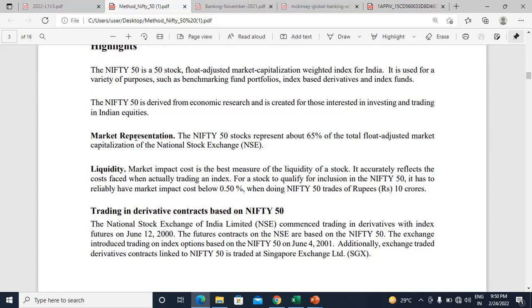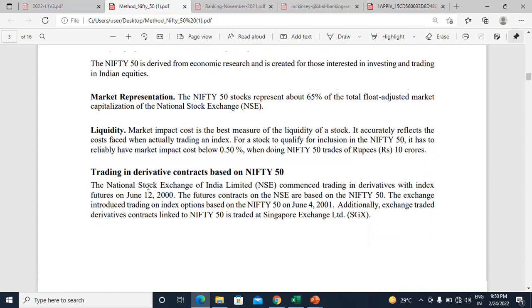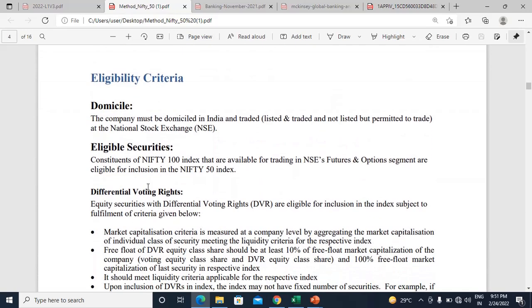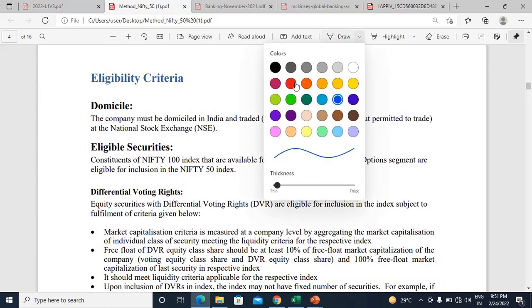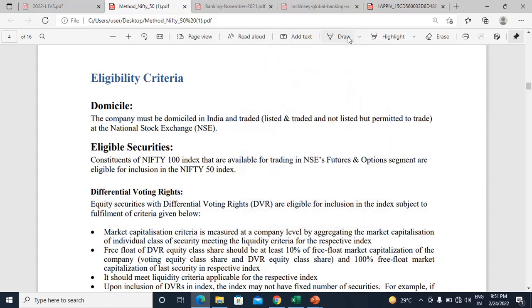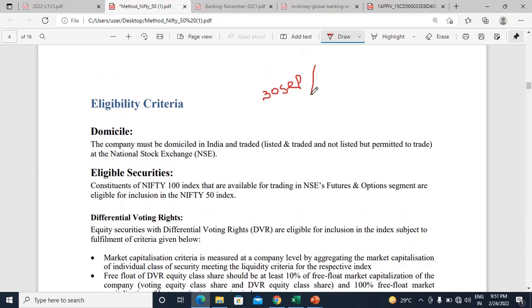So let us start studying from this point, where you will find the eligibility criteria. You must have always wondered, you have seen around September 30th, and you guys must have observed around March 31st,